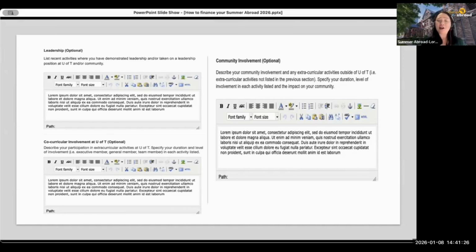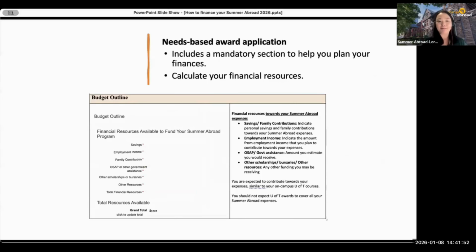And I encourage you, these are optional sections, but if you're, for example, thinking about that EDIA award, this is the place where you really want to outline what you've done to enhance EDIA. Maybe it's through certain leadership initiatives, maybe it's co-curricular activities, maybe you've really launched a new initiative in your community. So here's a space for you to highlight your achievements.